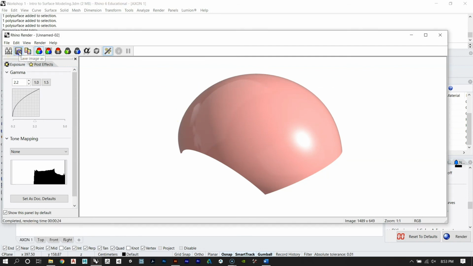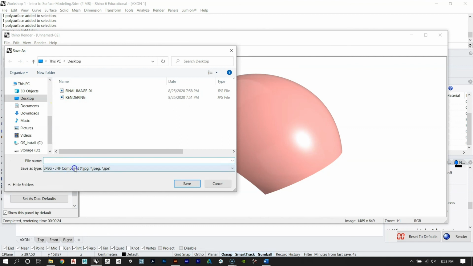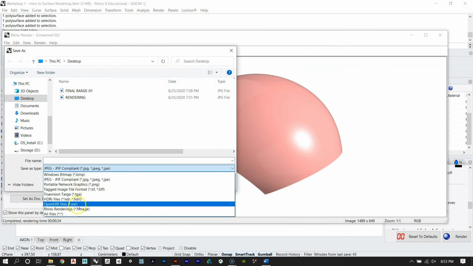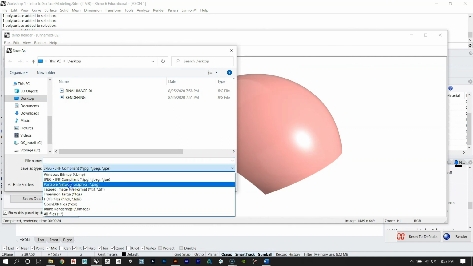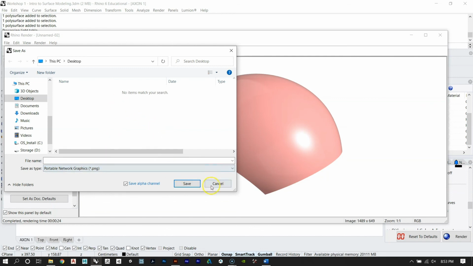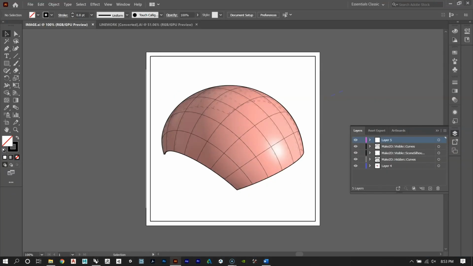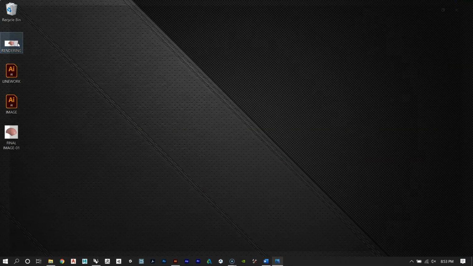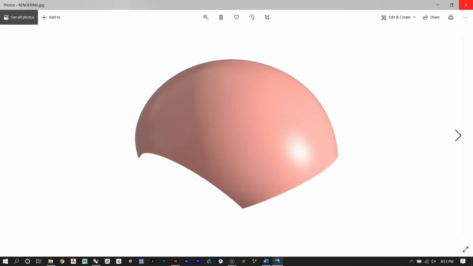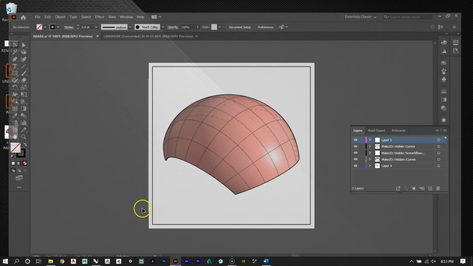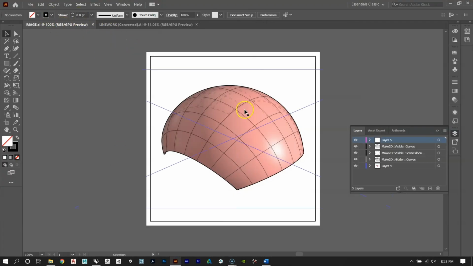Okay, once it's done, just do save as. And I usually do PNGs so that there's no background in the image, so you don't have to crop anything. Or you can do JPEG if you know you want your background to be white. And then that'll give you your rendered image. And then in Illustrator, just place that image in the back, so I'll put it on the